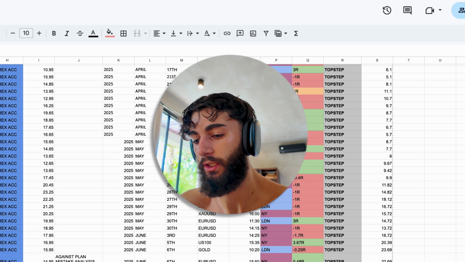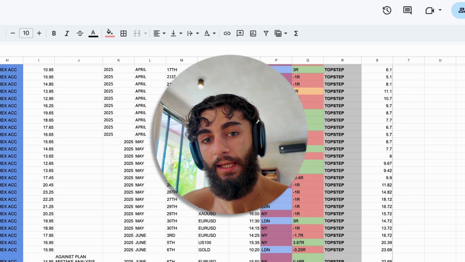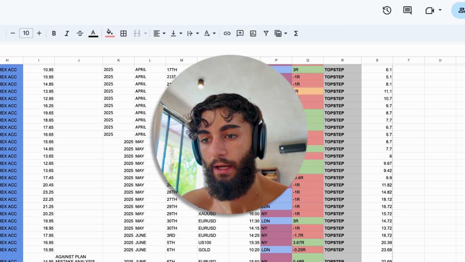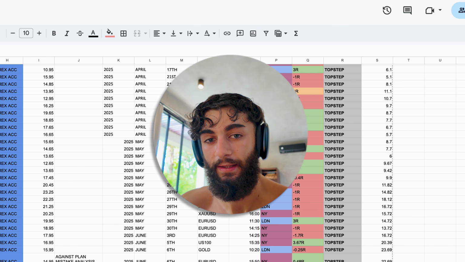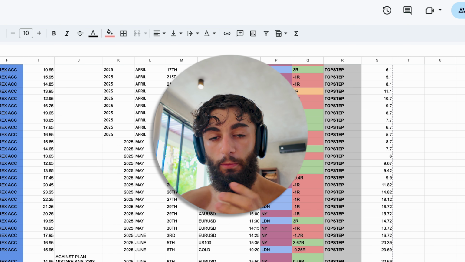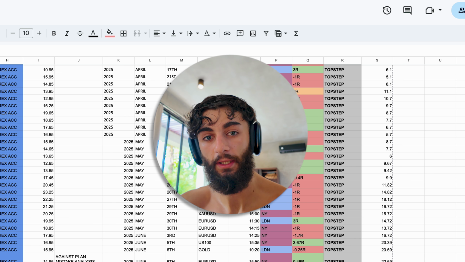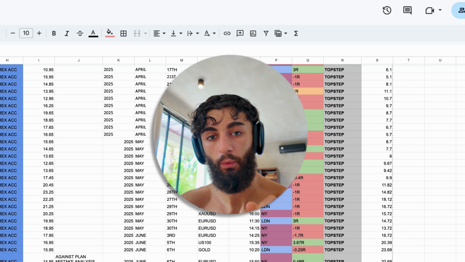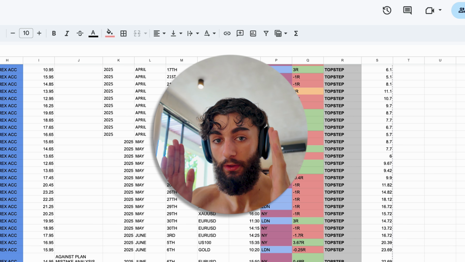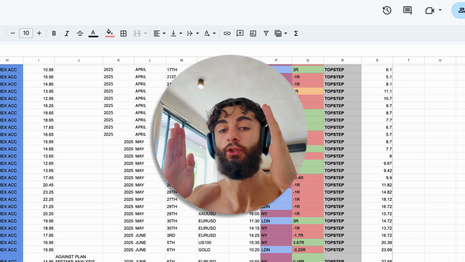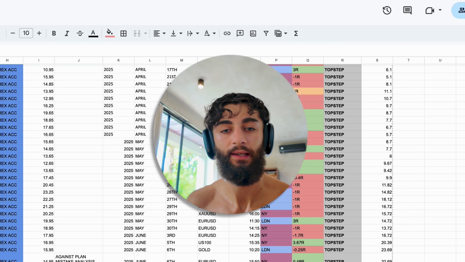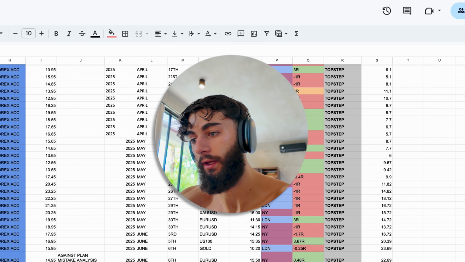Now, when choosing a pair, you need to collect data on this pair. You need to see what the average loss streak is for that pair. Then, if you're adding in 2 pairs, you add in the average loss streak from both pairs, and you need to see what would be the worst case scenario. The worst case scenario would be that both of those pairs sync up in loss streaks and you get double the loss streaks. Best case, the opposite happens with win streaks, okay?